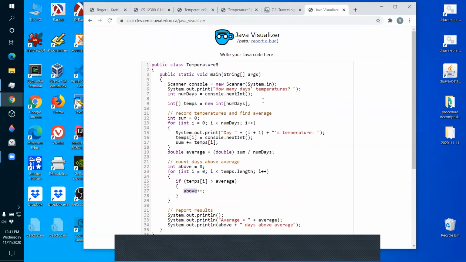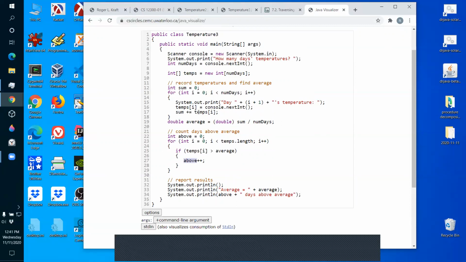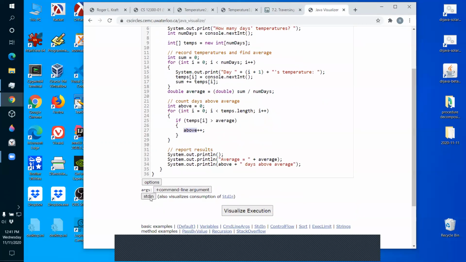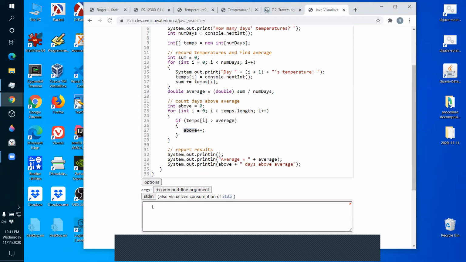Now, I want to run this. Remember, the Java Visualizer doesn't do input-output very well. You have to give it all the input ahead of time. So I'm going to give it 5 temperature numbers.